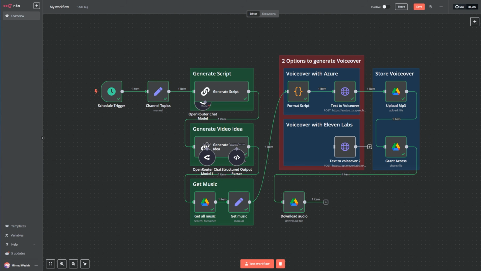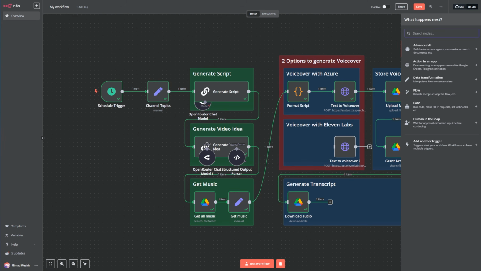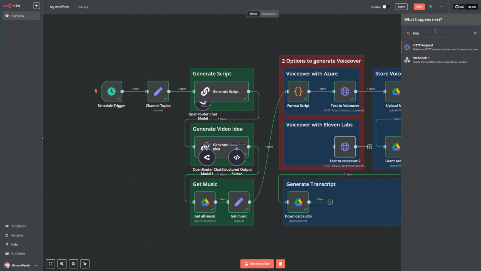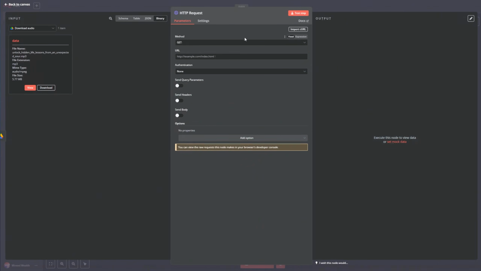And then we want to generate the script here, which is the step that we are going to do now. First, we download the audio from the voiceover. After that, we transcribe the audio. And to do this, we are going to make an HTTP call request with a post method